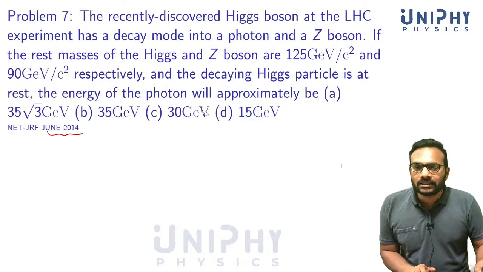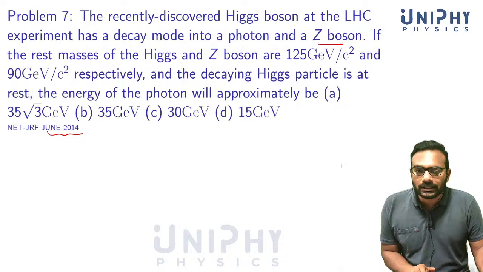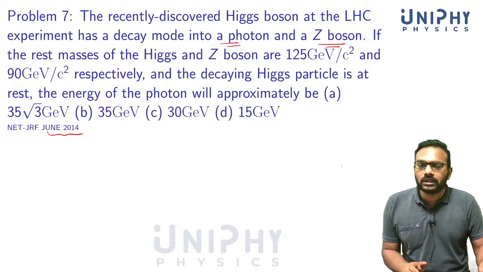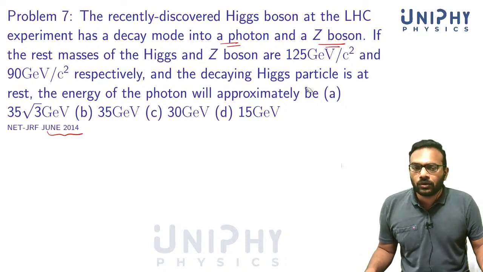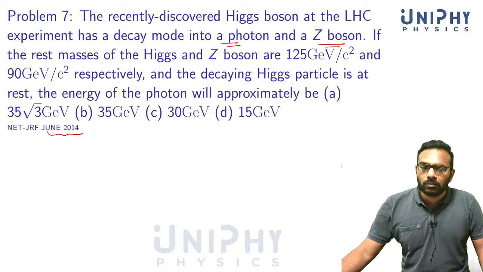So the recently discovered Higgs boson at the LHC experiment has a decay mode into a photon and a Z boson. The Higgs boson decays into a photon and a Z boson. If the rest mass of the Higgs and the Z boson are 125 GeV/c²,